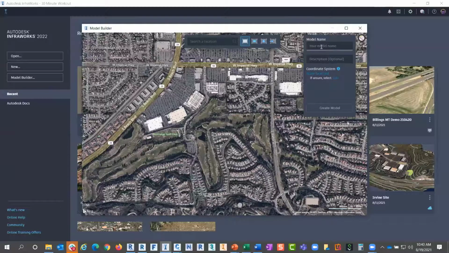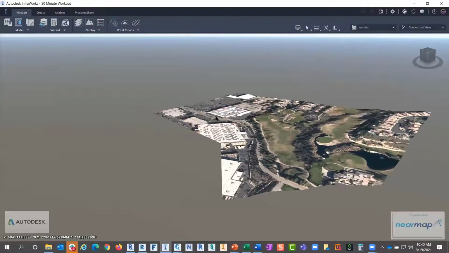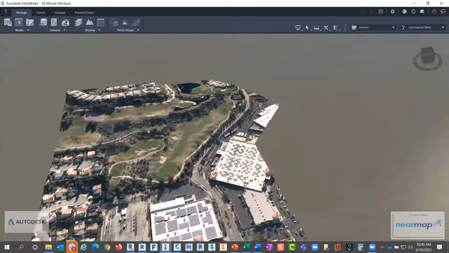Now, when we do so, all we have to do is give it a name, choose a coordinate system, hit this create model button, and it will do that in the cloud, and it will then be available for us to download. It's exactly what I did to start this process. So coming into my model here called 30-minute workout, you will see this area, and this is exactly what I